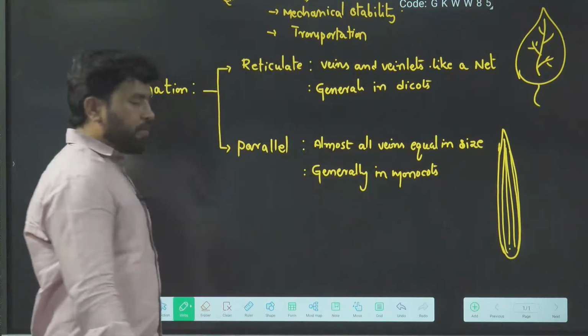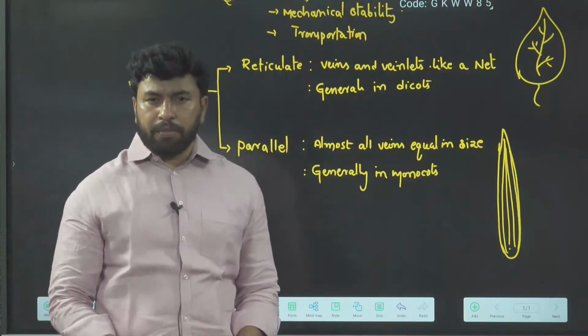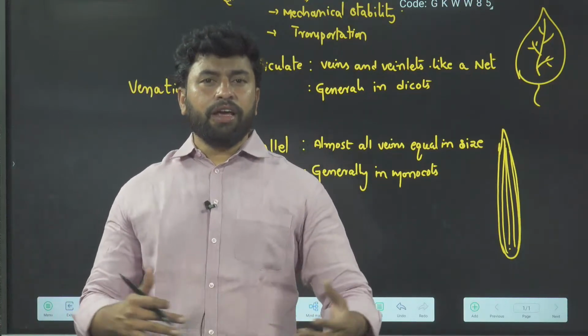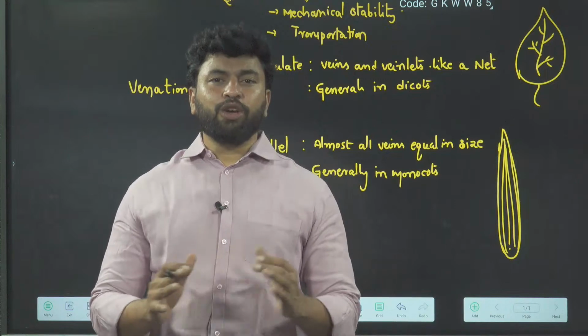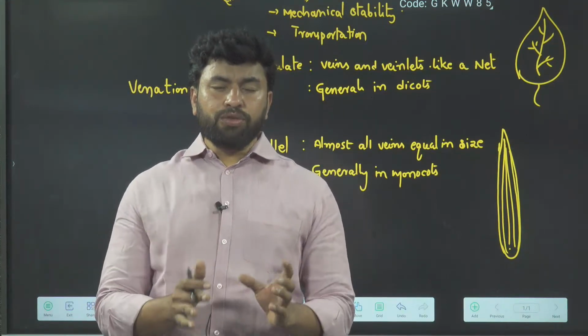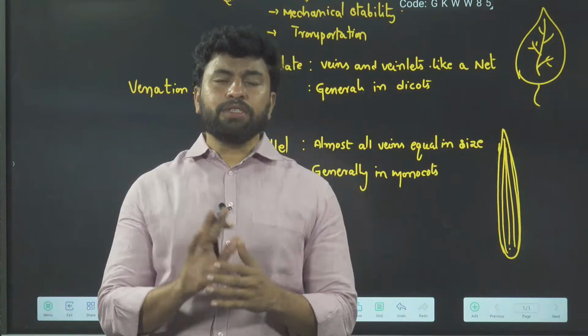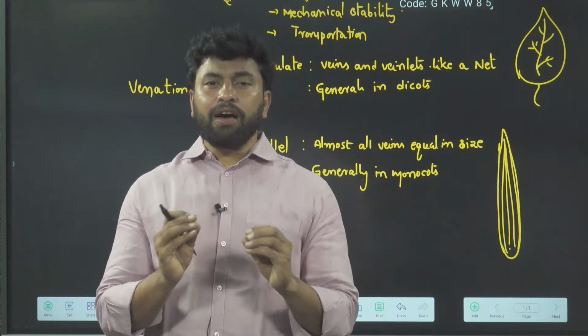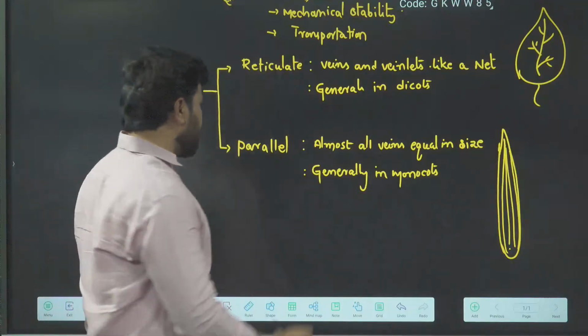But whenever you take a general statement, there would be some exceptions. All dicots carrying reticulate venation is a wrong statement. Reticulate venation is a characteristic feature of dicotyledonous plants, but there are some exceptions. For example,